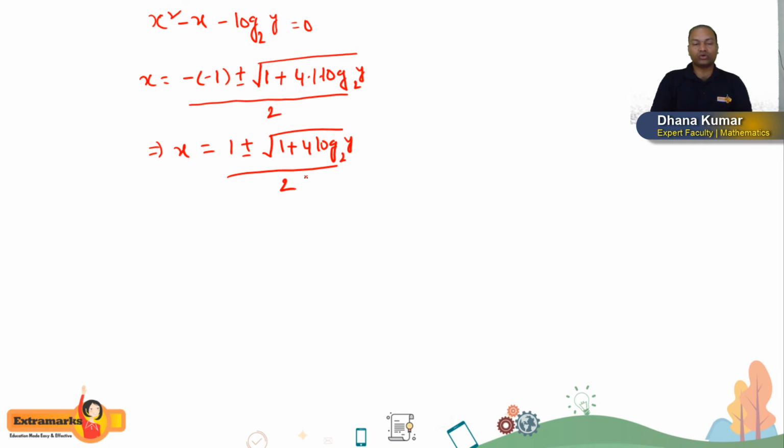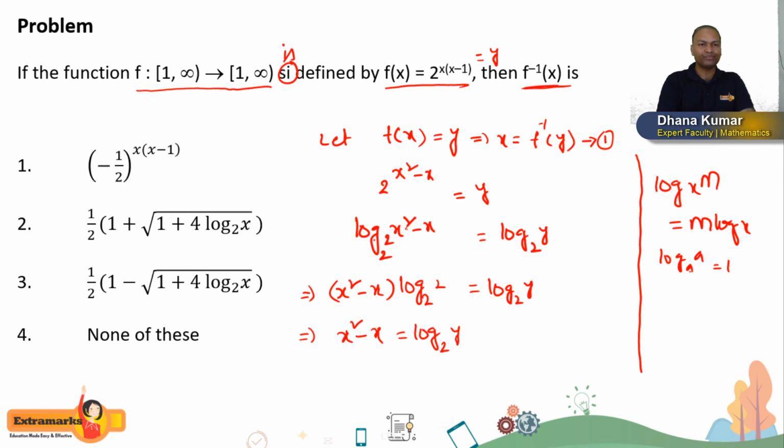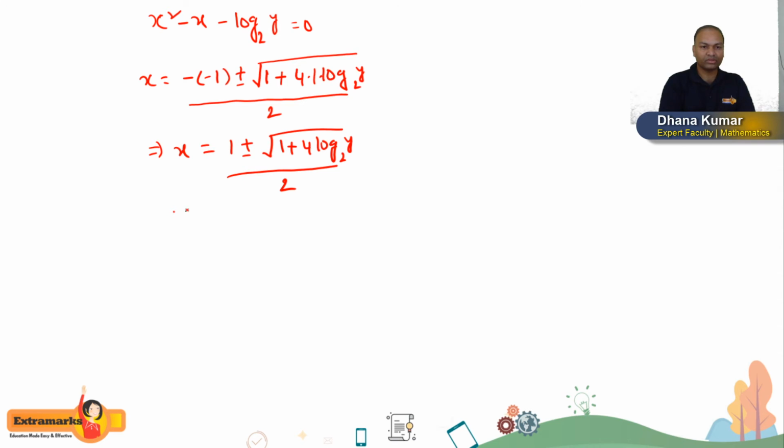Okay. Just now I told one small point, that is what? Inverse of a function if exists, it is unique. Okay. But here plus or minus is there. Now you take which one? Just you see that condition. Here domain 1 comma infinity means since x greater than or equal to 1. If you are taking minus sign, we can get x less than 1. But here question more than 1. So you have to select only plus sign. Therefore